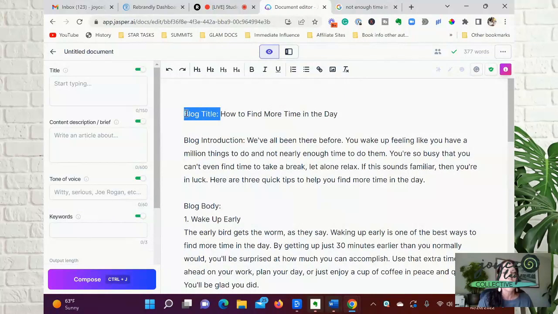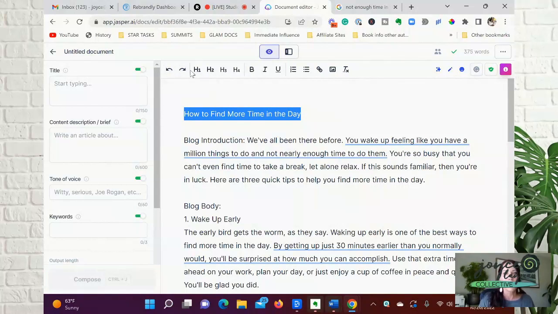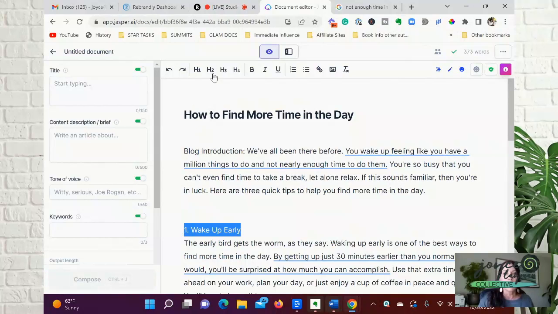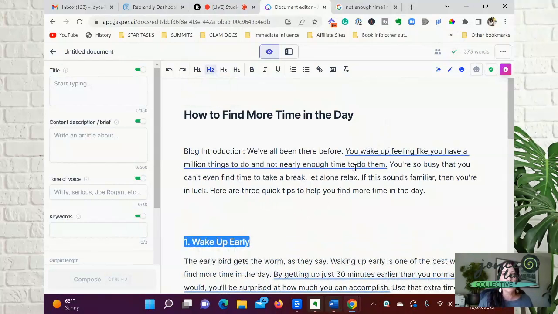So with that, I'm going to delete out how to find more time in the day. I'm going to turn this into H1 because when you do that, then Jasper goes, that's a title, and it doesn't pay attention because as you're getting into the blog body and all of that, it can be a little confusing. So blog body, wake up early. I'm going to make these H2.